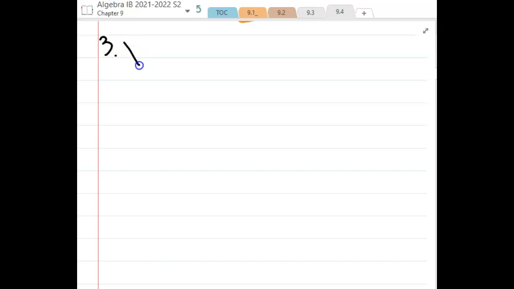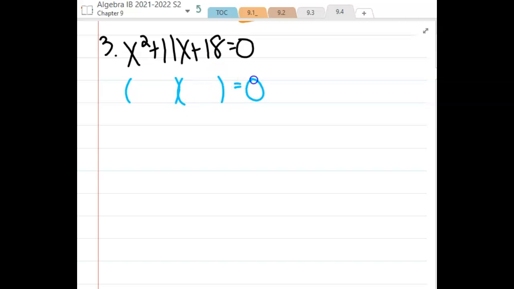Okay? Number 3, x squared plus 11x plus 18 equals 0. Okay, remember 3 steps. First step, zero product property. Is that equal to 0? Yes. Second part, product. It needs to say something times something. Is it a product? This one's not. This one says x squared plus 11x plus 18. For this to be a product, this one would need to look like this. It would need to say something times something in parentheses equals 0,